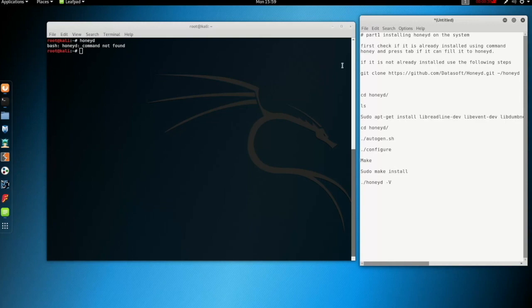Hello everyone, this is a demo of configuration honeypots. Now we're going to start with the installation of honeyD. First we check if honeyD is installed. However, here we found out that it's not installed, and then we're going to have to check the